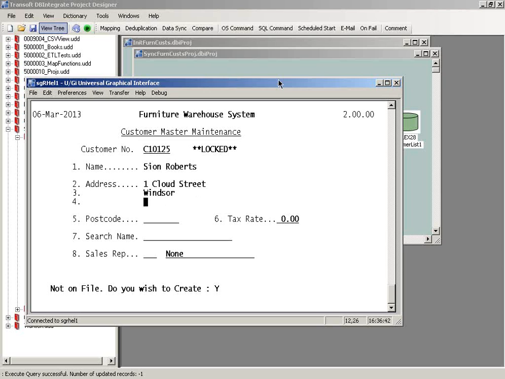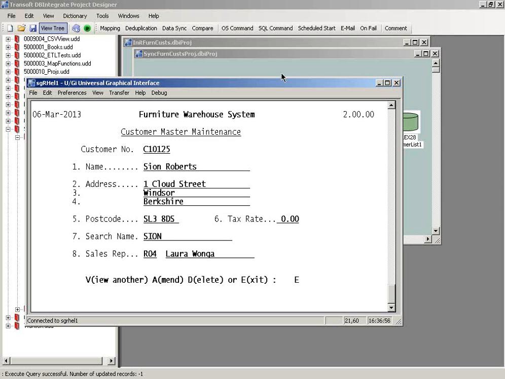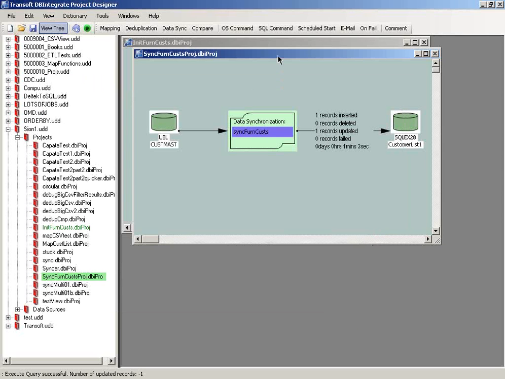Just put some code in there. Update changes, yes. Okay, so if I switch back to DB Integrate now, you can see that one record's been